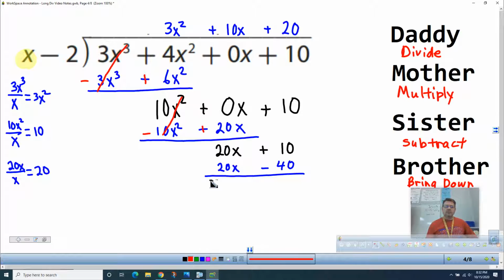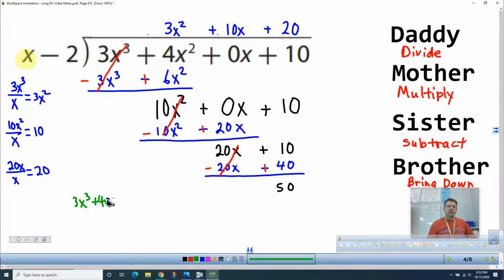Now subtract. So I'm going to change my signs here. This does cancel. And this guy gives me 50. All right. Now, depends on how you want to write your answer, but I'm going to write it like this. It's going to take me a second, so be patient. So we're going to say if you take 3x to the third